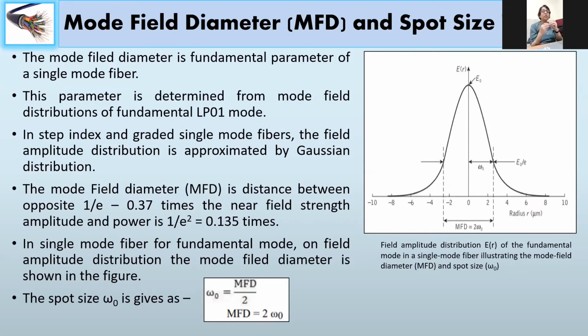And that is how we have seen, when we started with the number of modes, that the energies are no more focused near the axis of the core, but are spreading towards the cladding as you have more and more modes traveling through it. So mode field diameter defines the minimum dimensions required for a particular mode to travel through a fiber, where all the energies will be focused inside the core only and will not be getting coupled into the